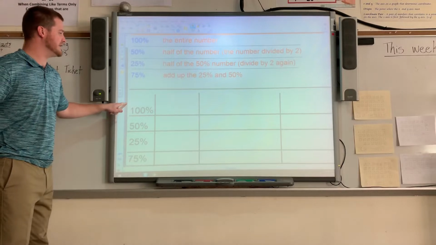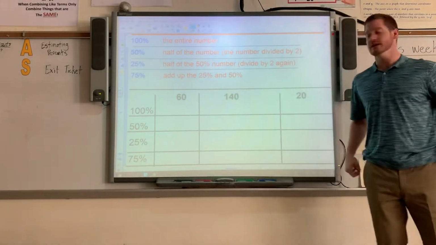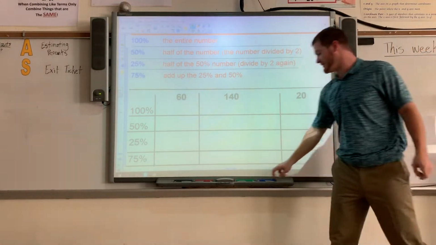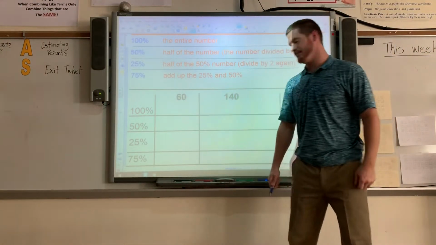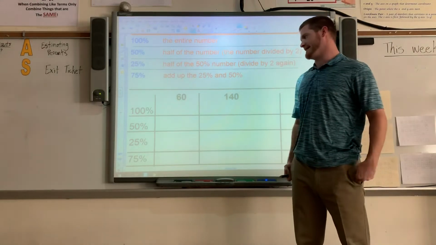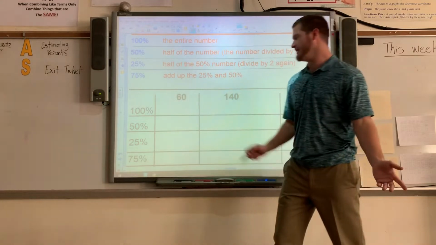You will need it in the notes. Pause it when you need to, and then fill it in as I go. So starting with the 60 column. What is 100% of 60? Well, if you took 60 free throws, you made all of them, you made 100% of them, that gives us